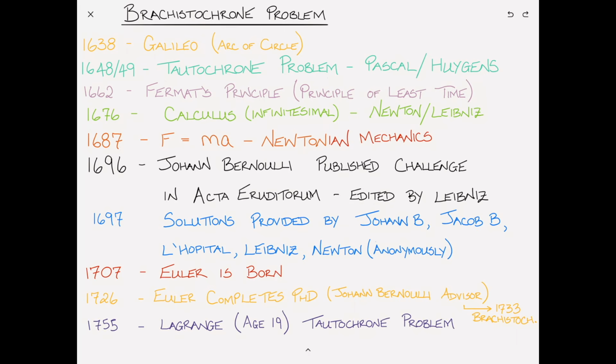In 1755, along comes Lagrange, aged 19. He's working on the Tautochrone problem. Yes, that Tautochrone problem from back in the 1640s. He writes a letter to Euler explaining something he's come up with. His solution is purely an analytical one and is different from the solution Euler's working on. Euler is so impressed by what Lagrange presents him that he stops his work. He realizes Lagrange has it correct. Let me give him some time to catch up.